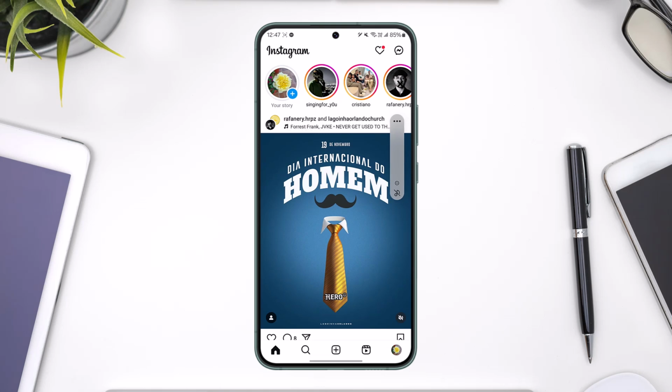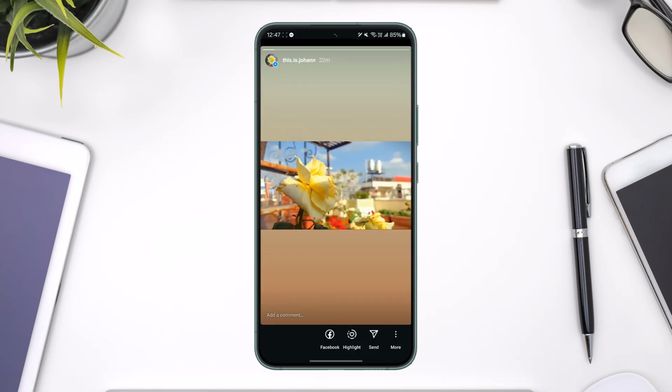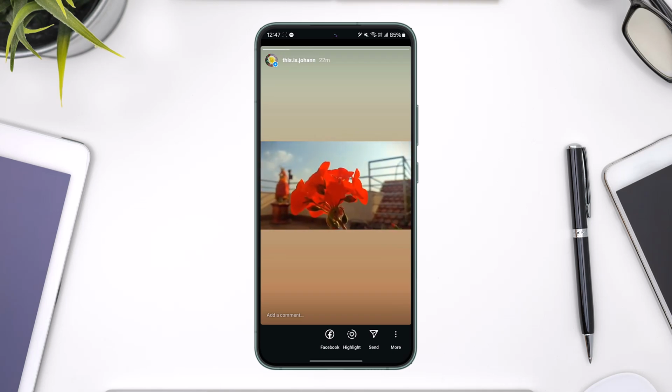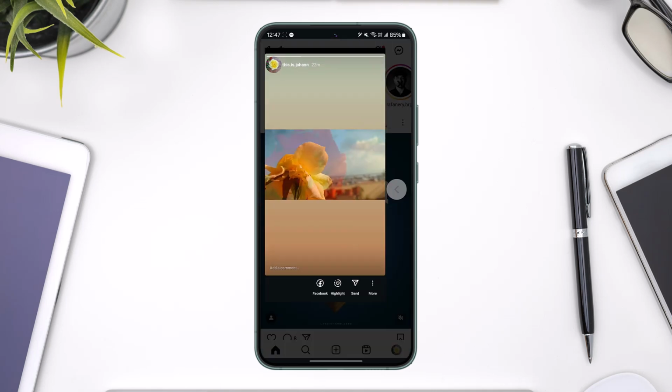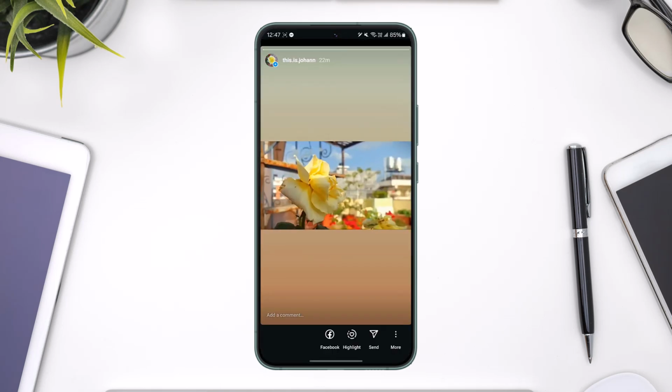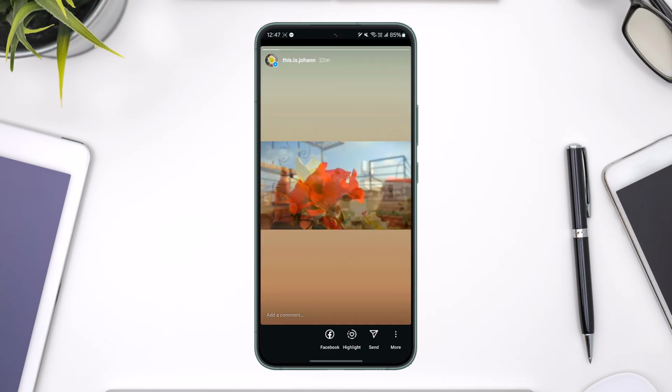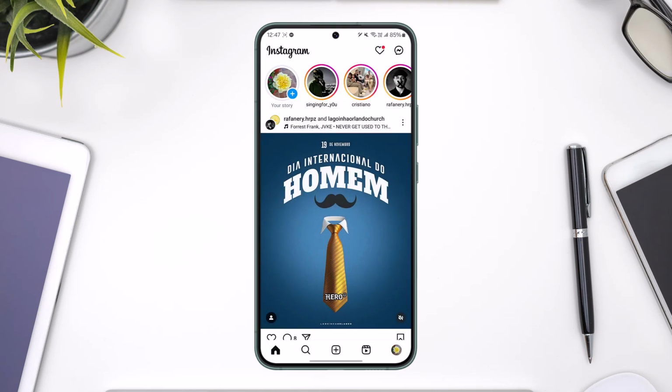Now normally it might not be in bad quality, it could just be that your internet connection is slow, so it is not loading the story in full resolution. So make sure that's the case. But if it's really in a bad quality, there is no option to change the quality for the already uploaded one. But what you can do is you can avoid this in the future by simply coming to your